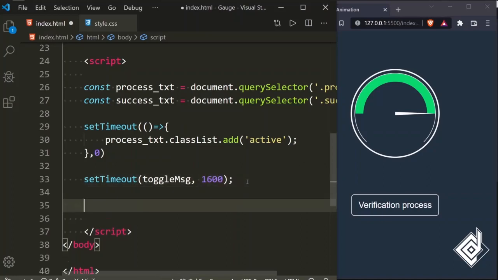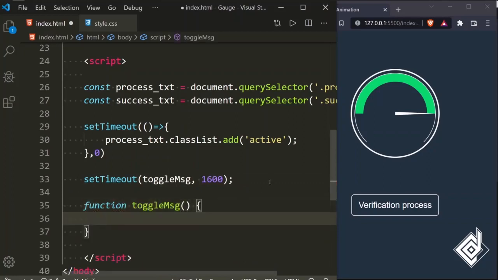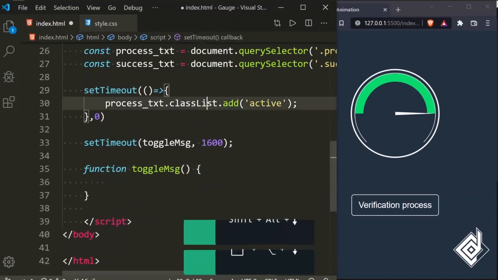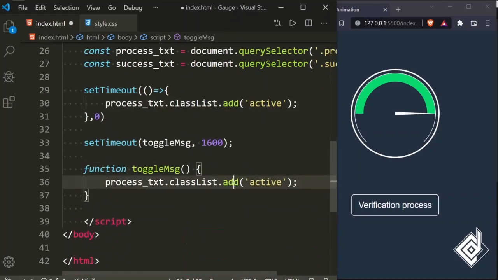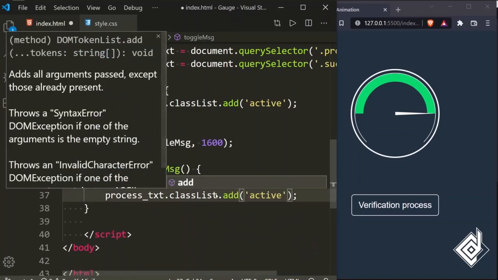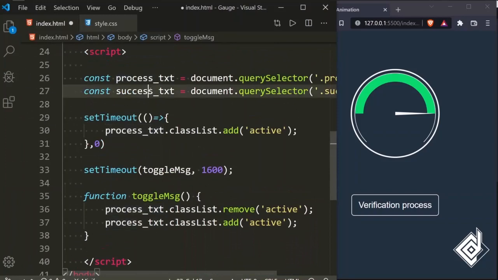So now let's create the function called toggleMsg. Inside that function, for the process text, I want to remove that active class. And for the success text, I want to add class active.